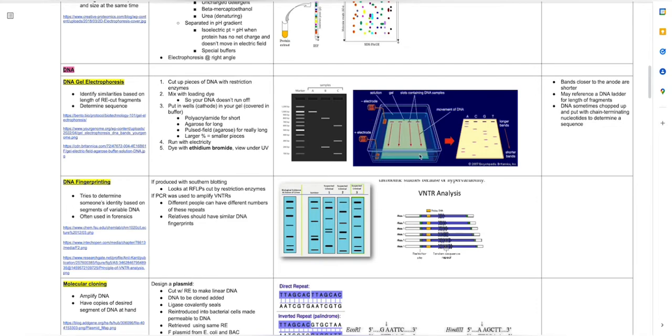But you don't need to use SDS or anything because DNA is already negatively charged because of the phosphates in the backbone. So yeah, once you're done running your gel, you'll dye it with ethidium bromide, which is a dye, and you view this under UV light, and then you'll be able to see it. So when you're analyzing your data, you can see that bands closer to the anode are shorter, just like with SDS-PAGE,